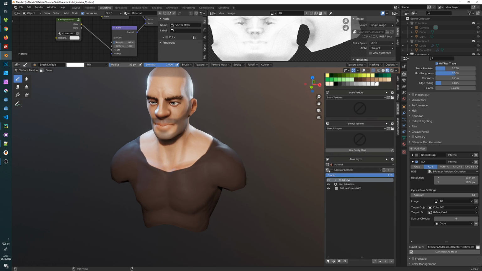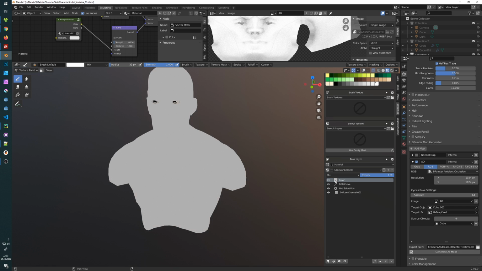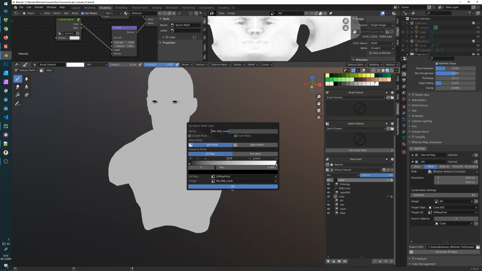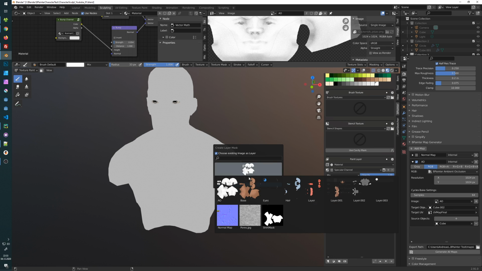So therefore we can switch to unshaded, select the, create a new color node like that. Okay, give it just some random specularity for now, and then just choose an existing mask. So in this case we would choose the same mask as here. So let's call this shirt mask. Okay, and in our specular channel we will create also a mask, choose from existing and choose our shirt mask